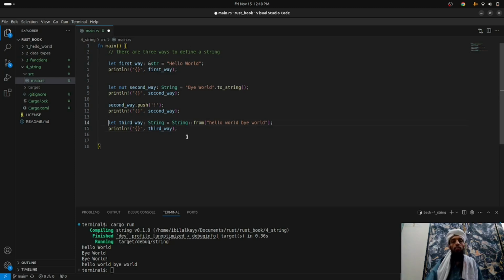Now you can play with this third way, because you are the owner. It is in your control whether you want to change it or not. So let's say if I play with it, remove this, and let's write first way. Now third way is basically the owner of the first way. All right, so now I can play with this first way, whatever I can do with it. So let's say third way